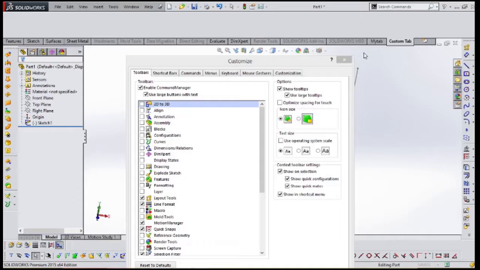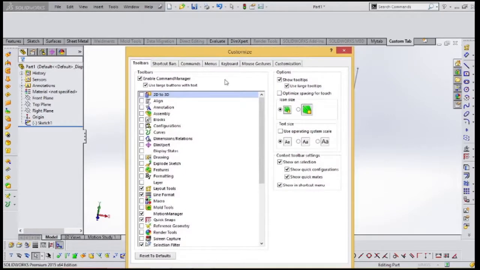Now we can bring many options to here. How to bring those options which are required by you? Now come to this Customize window. In this window, the first part will be Toolbars.